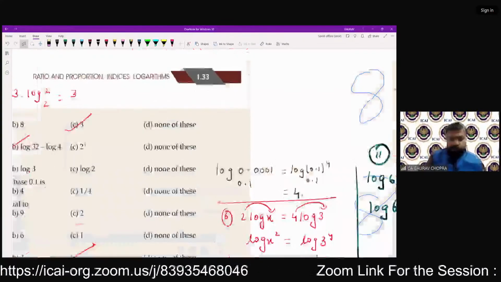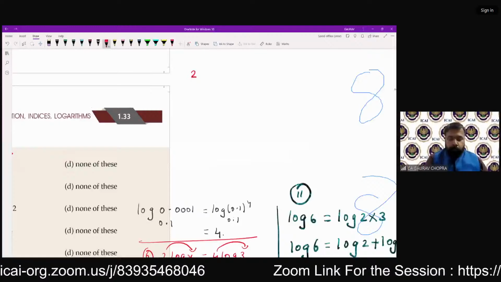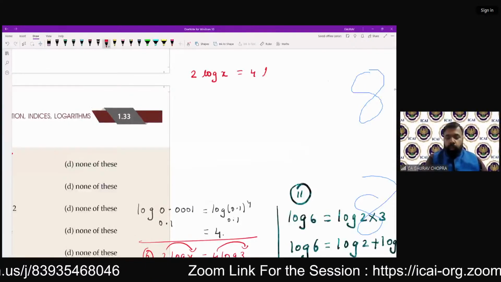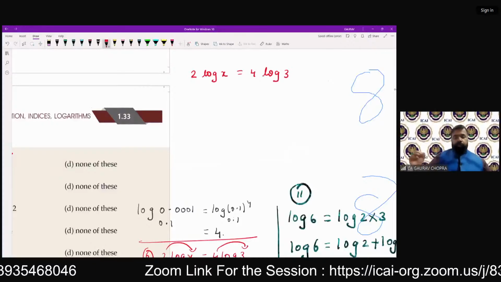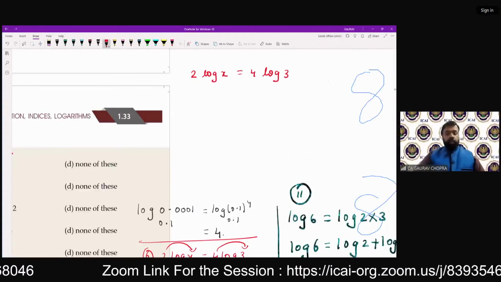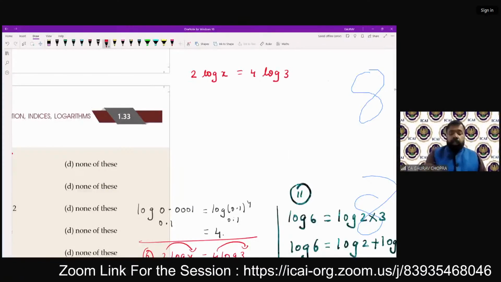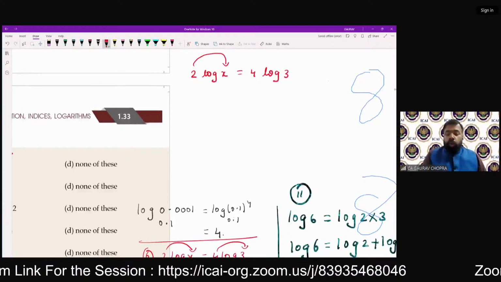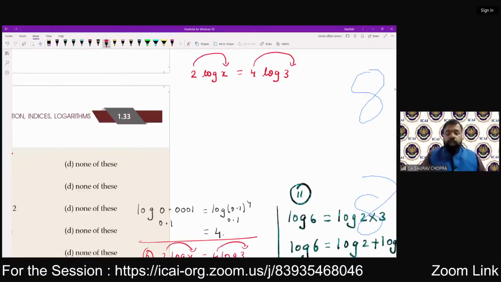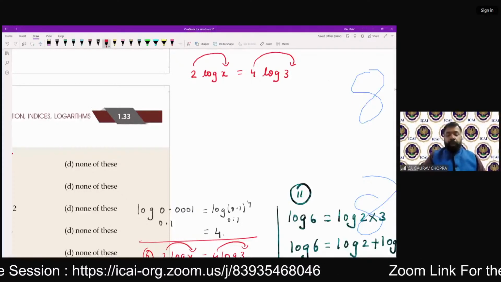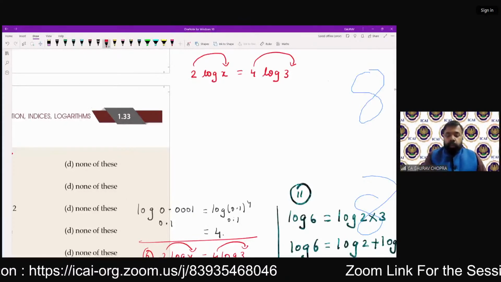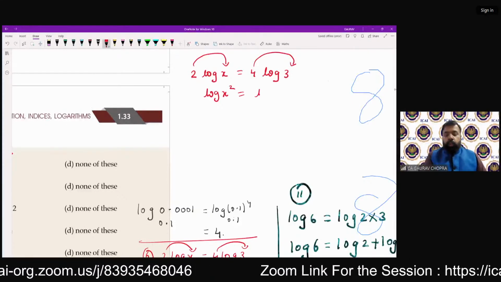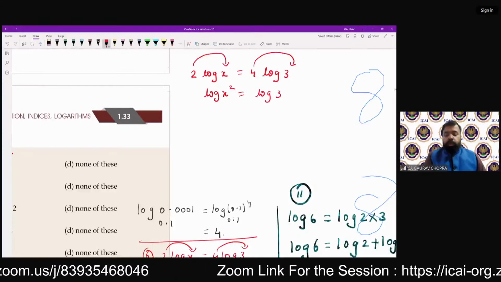So let's take some space. 2 log of x is equal to 4 log of 3. अब ये आपका क्वेश्चन है. सो जो अकॉर्डिंग टू प्रॉपर्टी जो वैल्यू आगे है ये वापस कहां जा सकती है? पावर में जा सकती है. 4 कैन गो इन द पावर ऑफ 3 एंड 2 कहां जा सकता है? x की पावर पे जा सकता है. ओके. सो वी कैन राइट दिस log of x square is equal to log of 3 to the power of